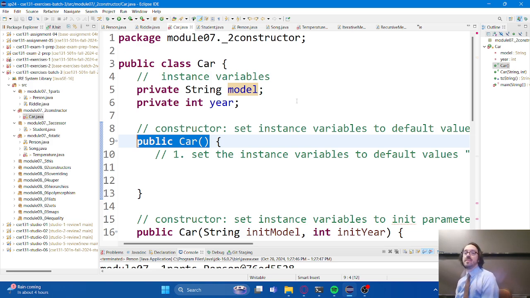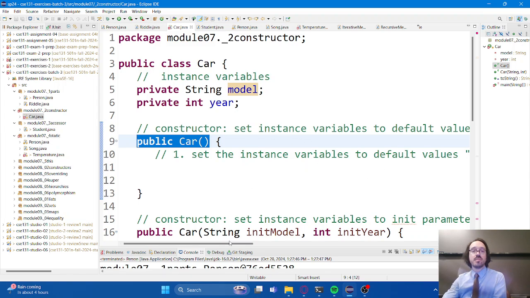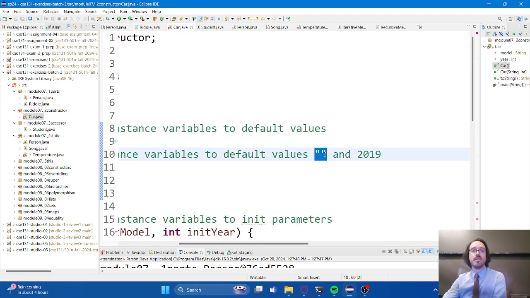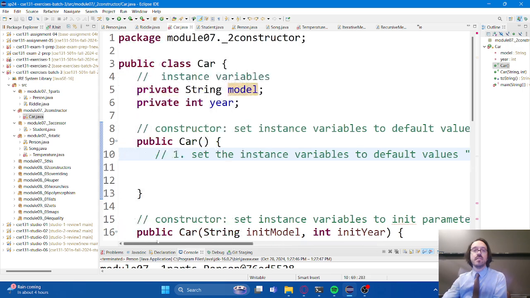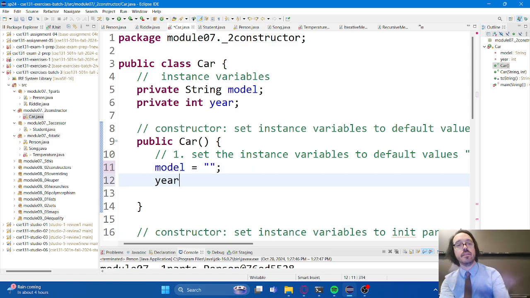So what are some general, generic, made-up values that we can use if we just want some general, generic version of a car, not a specific version? For the purposes of this example, it's saying set the instance variables to the default values of empty string and 2019 for the year. So we would say model is equal to quote quote and year is equal to 2019.